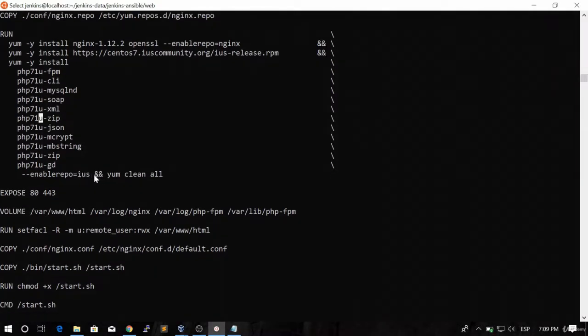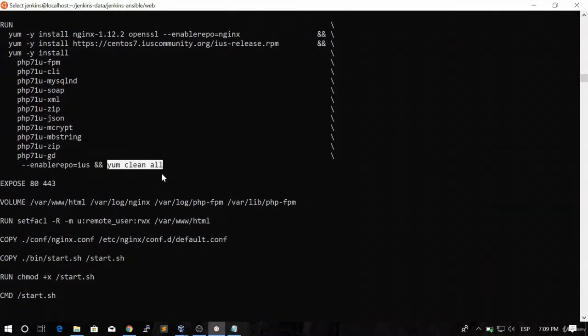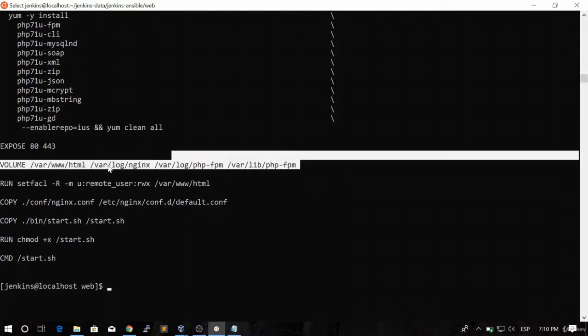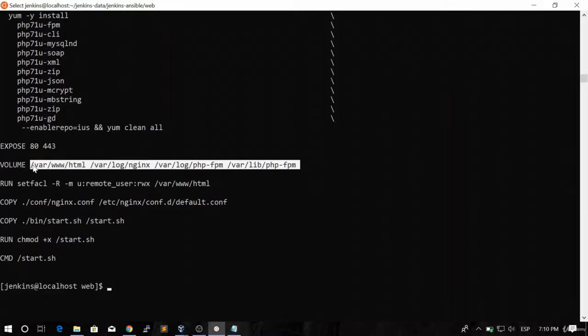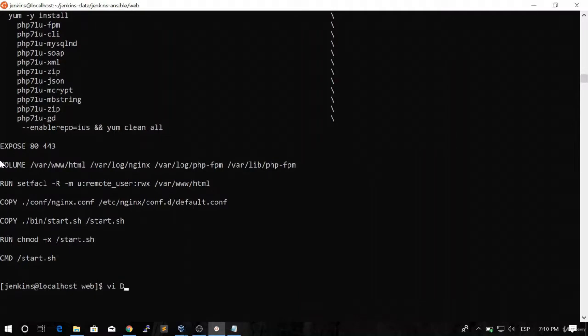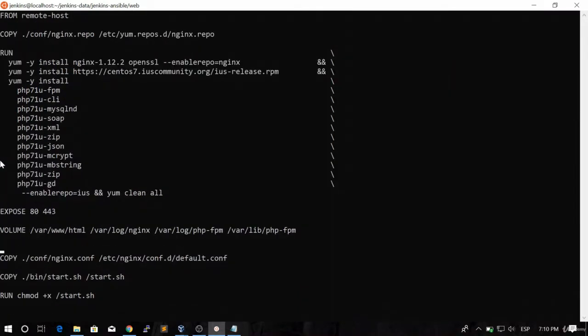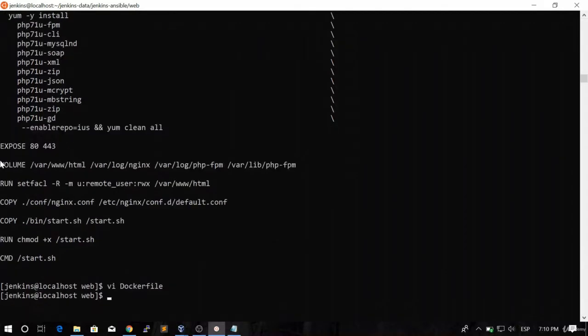So finally, we're doing a yum clean all, which is going to clean the temp files and that stuff. Cool. Here we're exposing the ports that we're going to be using. Then we're creating volumes for the HTML and for the log folders. So if the container dies, then we can have this information secure. This line actually, I'm just going to remove it because it didn't work as I thought. So I'm just going to remove it because it's doing nothing here. And then